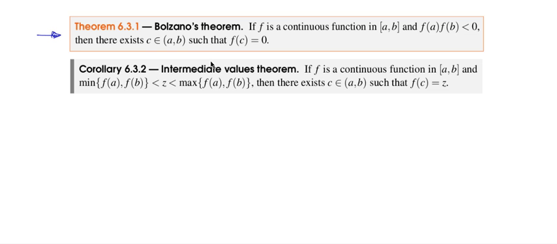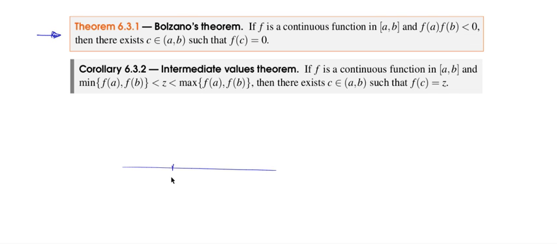that I guess most of you have seen in high school. It says that if f is continuous in this closed interval [a, b], and f(a) times f(b) is smaller than 0, which means that the signs of the function f at a and b are different, then there is a value c in this interval, such that f(c) is 0, okay, which is